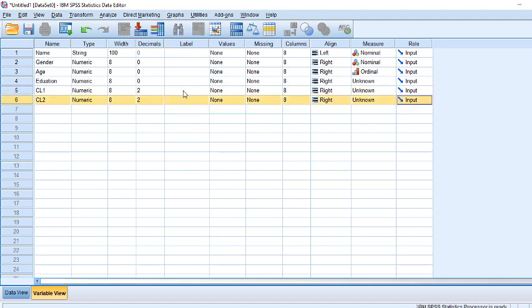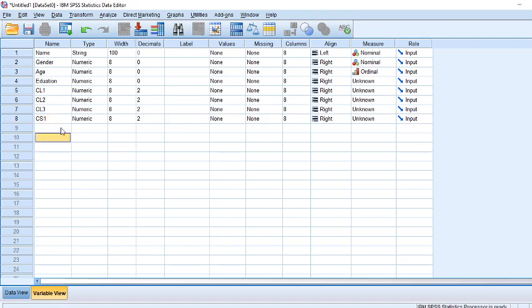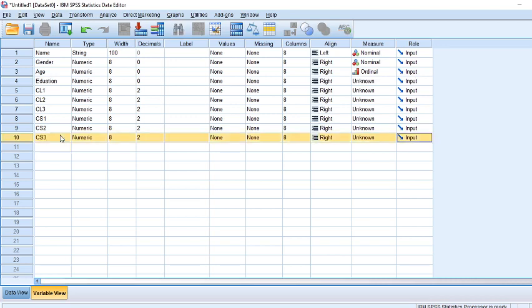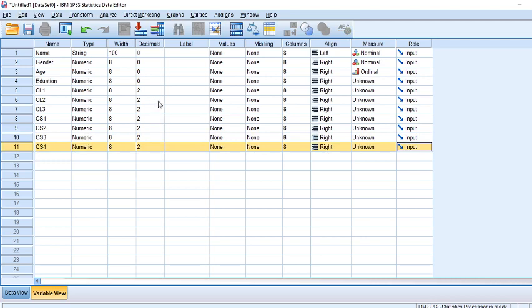You can write the complete question in the label, but I would recommend not to. CL3, this is enough. Then customer satisfaction: CS1, CS2, CS3, CS4. These are Likert scale questions, the items of your constructs.